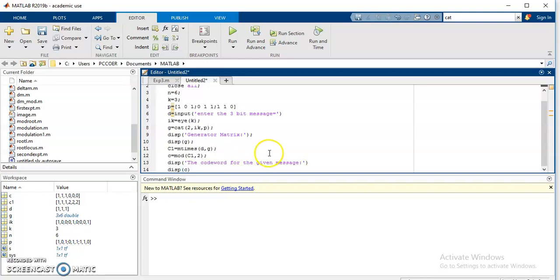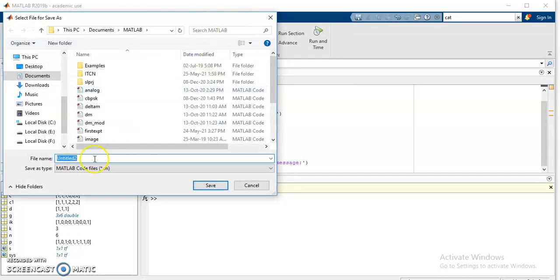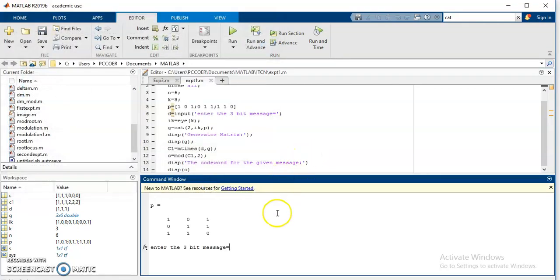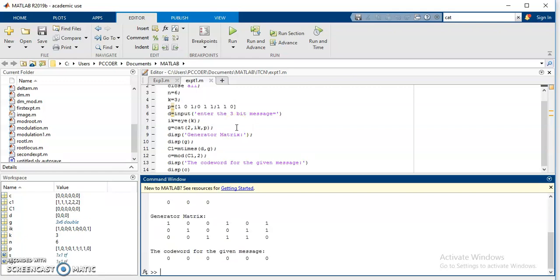Let us run this code. We will save this as experiment number 1. Now it is asking to enter the 3-bit message. So let us enter 000.